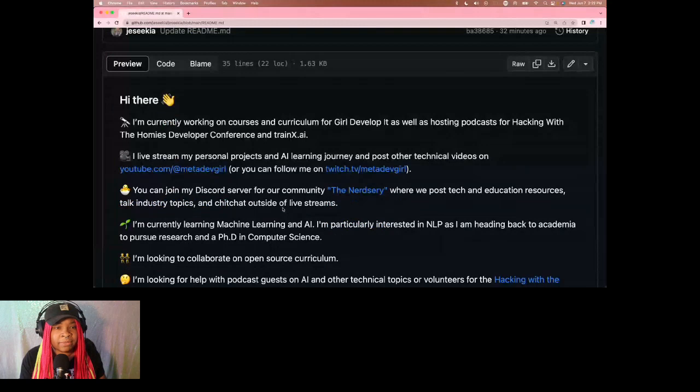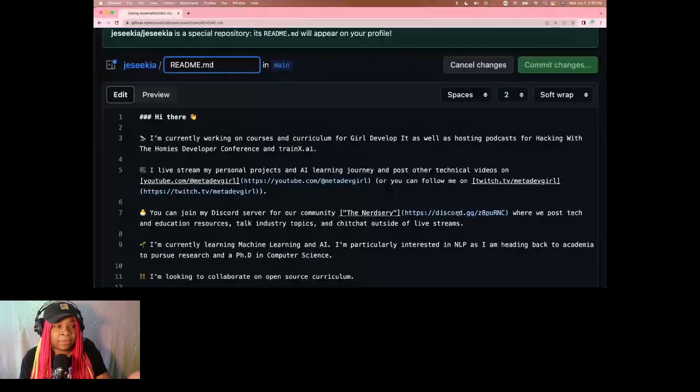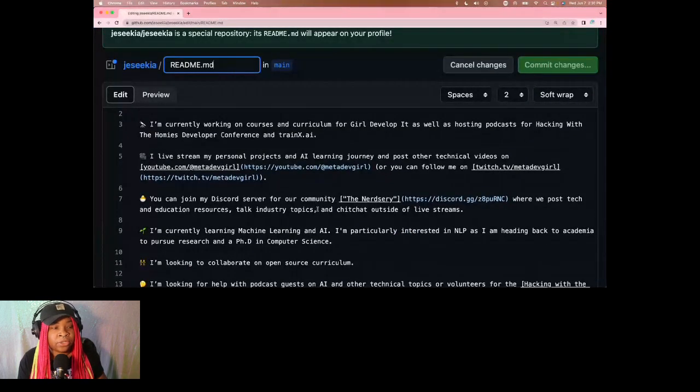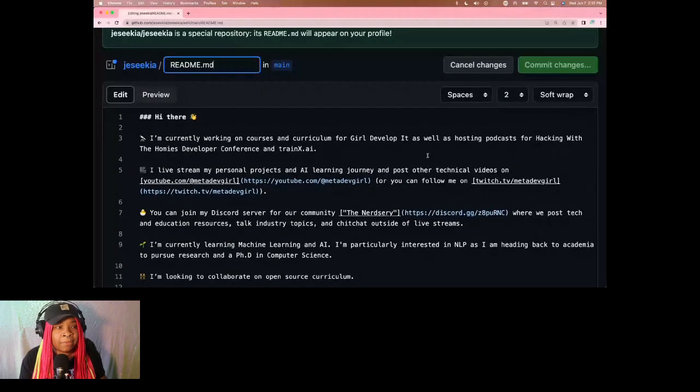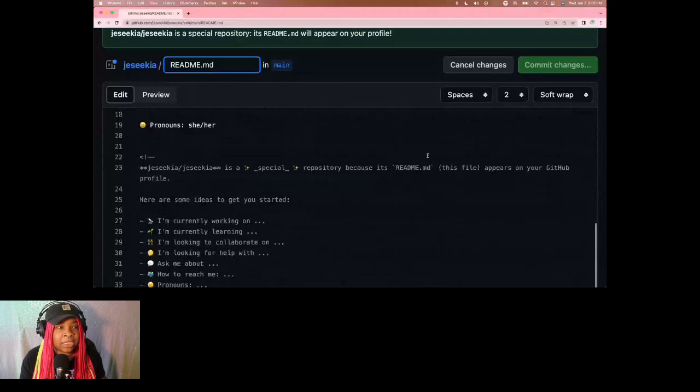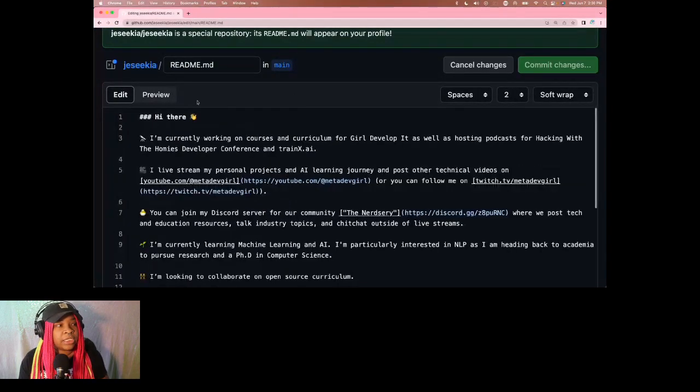All I had to do was come in here and edit this in the browser, and I actually added new information in the browser, so I can make a quick change and it's done, and it's easy to share. So again, this is the README for your personal